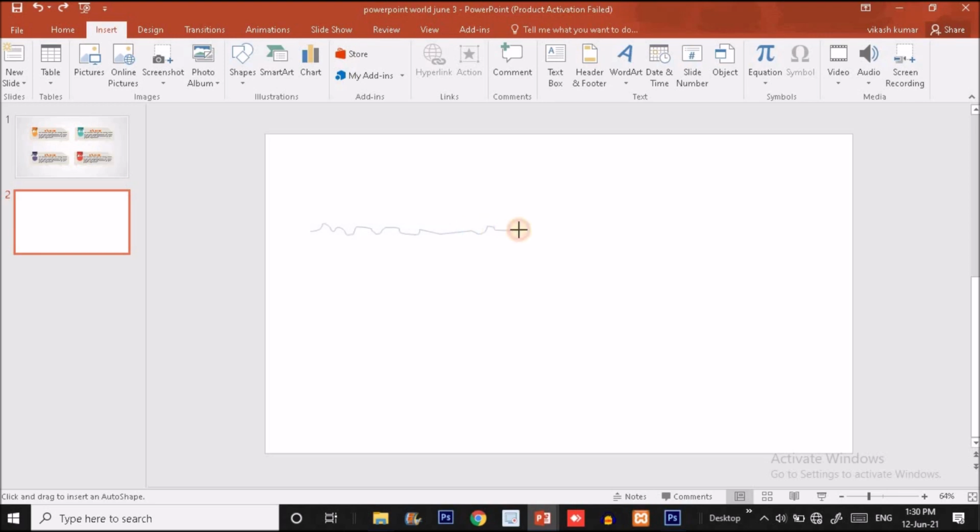Okay, now drag it over here vertically, click, and again create a torn paper effect like this.